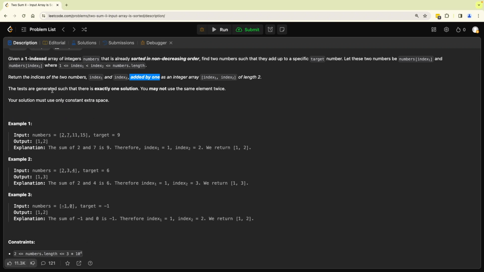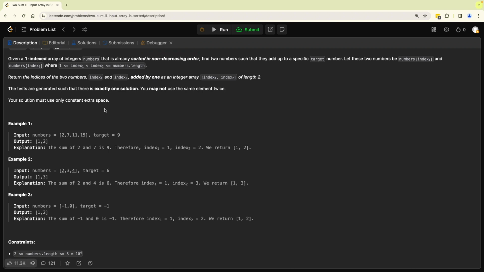The tests are generated such that there is exactly one solution, which means you don't need to worry about any negative use cases. Another condition is you may not use the same element twice, and your solution must use only constant extra space,